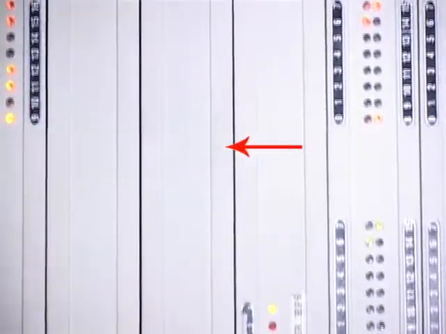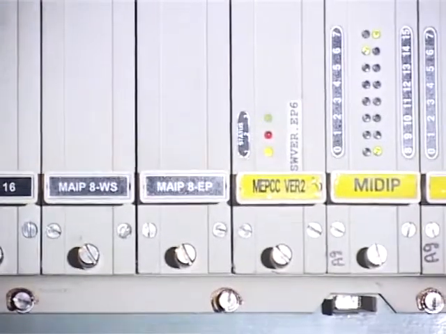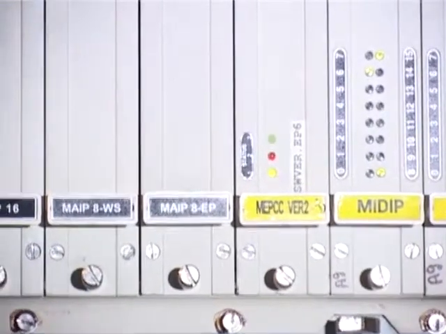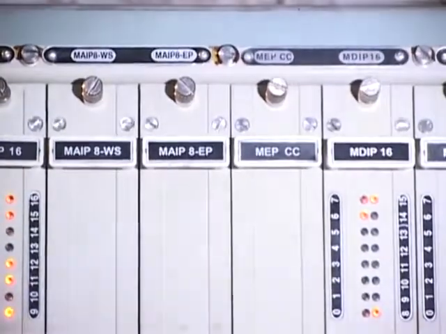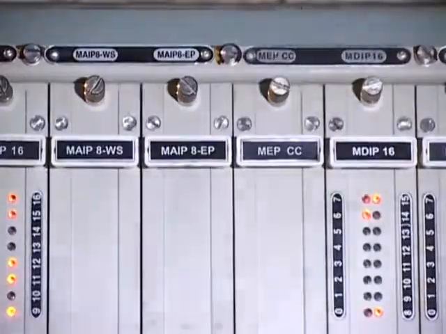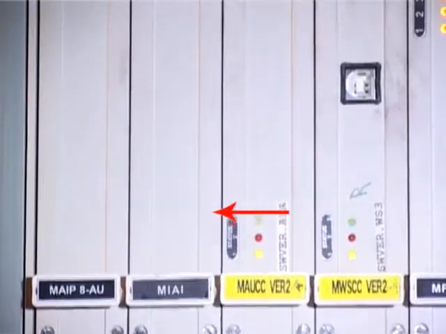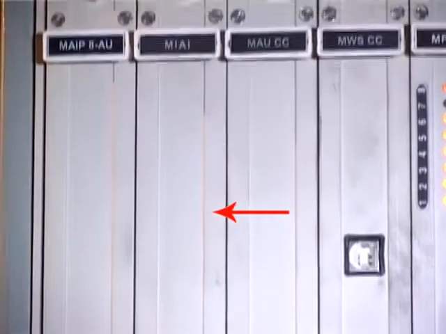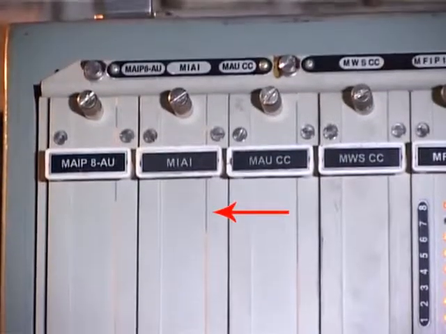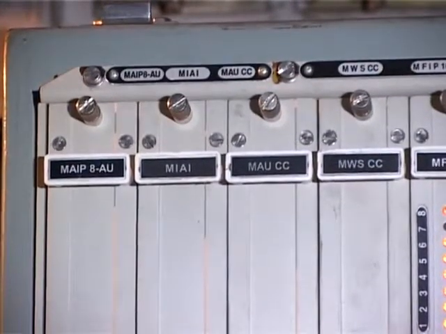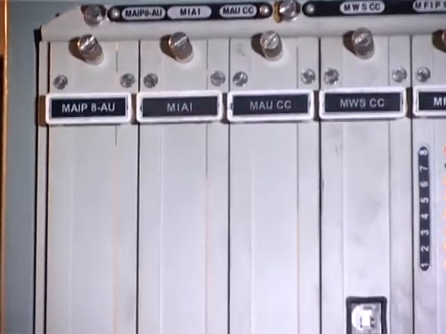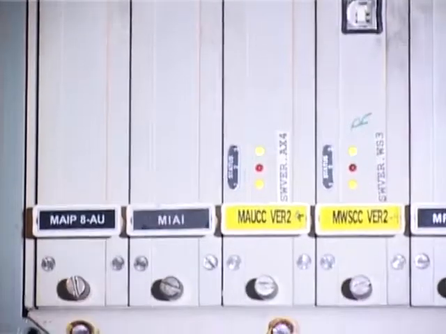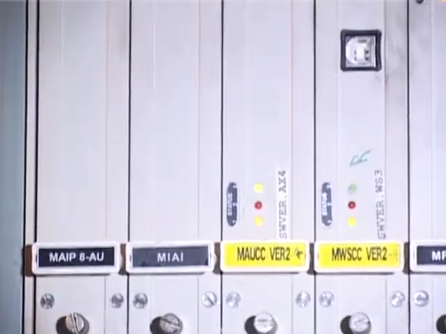This card, MAIP8EP card, is connected between MEPCC card and ADB3. All the excitation-related parameters are mainly connected to this card. Improved analog input card MAIP16 or MIAI. This card, modified analog input card, processes the signals received from BPP, BCP, FOP,